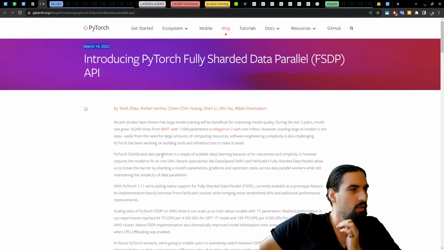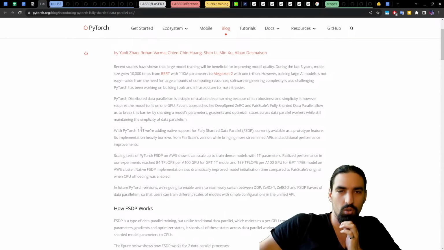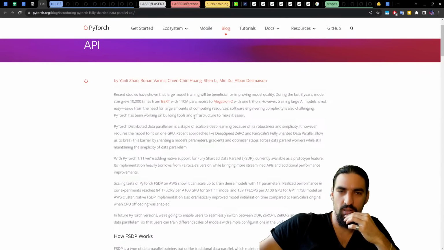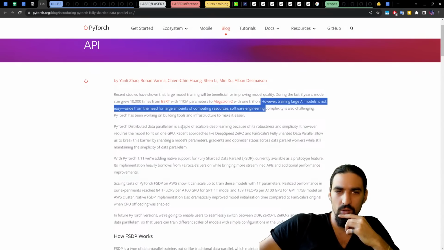Looks like, no, even earlier. Let's read the intro here as well. Recent studies have shown that large model training will be beneficial for improving model quality. During the last 3 years, model size grew 10,000 times, from BERT with 110 million to Megatron with 1 trillion.